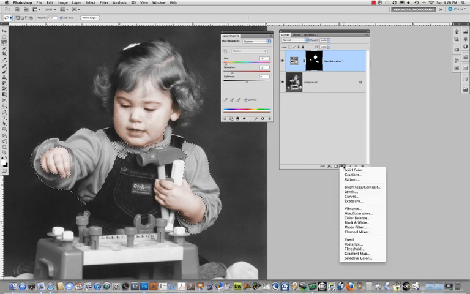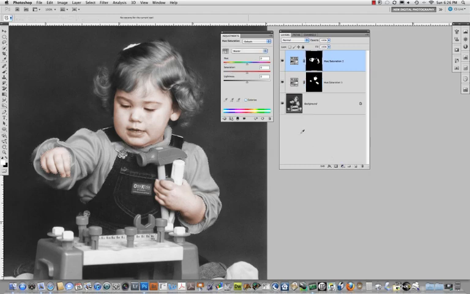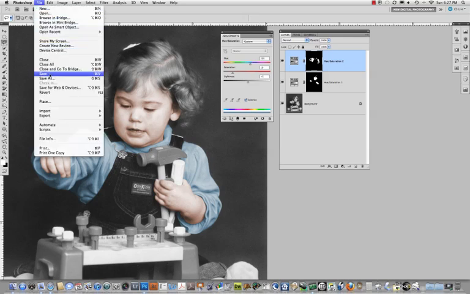So now I can come over here and come down and choose colorization. There you go, I've got this. I'm going to bring it in. I have no idea what color it should theoretically be. I'm going to take it and make it a blue of some nature. I think I may reduce some of the saturation, and I may even want to lighten it a fraction, not much. All right, so now I'm going to just go under File, Save,